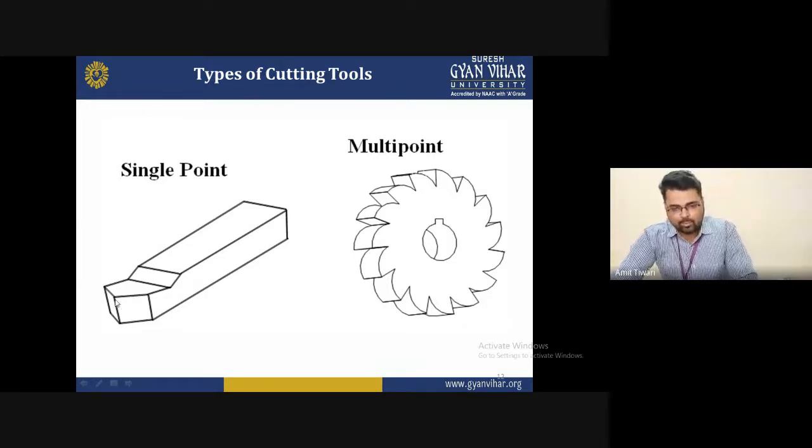With the help of this cutting edge, you will be able to cut the material from the workpiece. If this cutting edge wears down, it will not be able to cut the material from the surface of the workpiece, or provide a good quality surface, and a good surface finish will not be achieved. But with the help of this cutting edge, we will be able to cut the material.